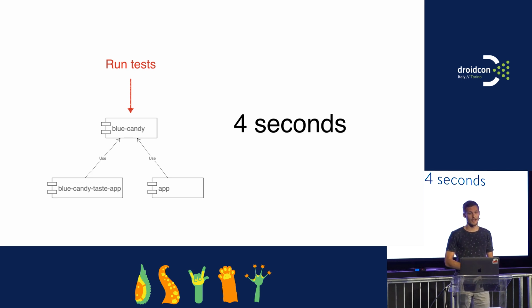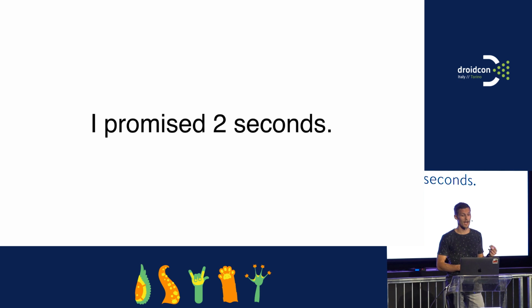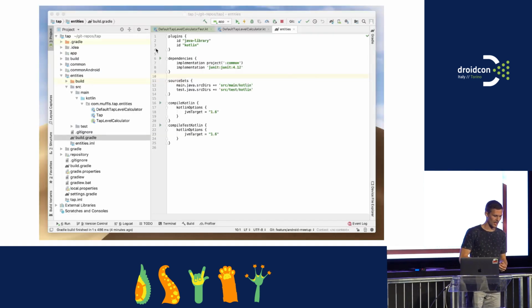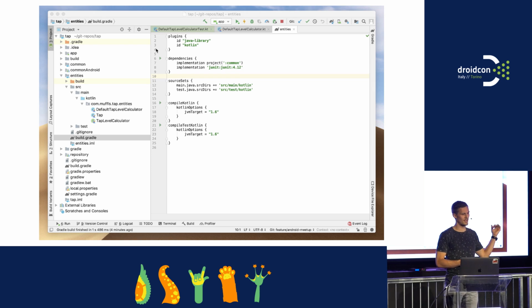But actually, what I told you is I promised 2 seconds. So if I just put my business logic into a module, it's plain Kotlin or Java, and has no Android dependencies at all, then I can actually achieve this. What you see here is the sample app I showed you before. It's basically after the optimization, and it has only